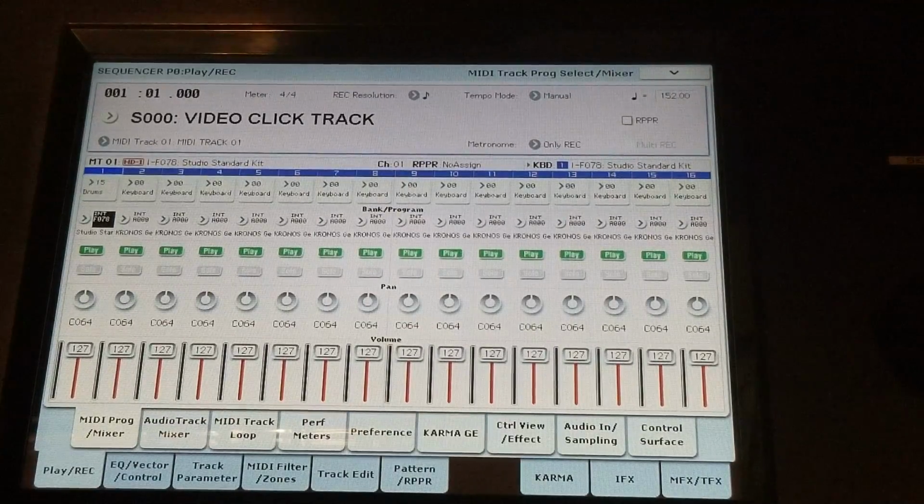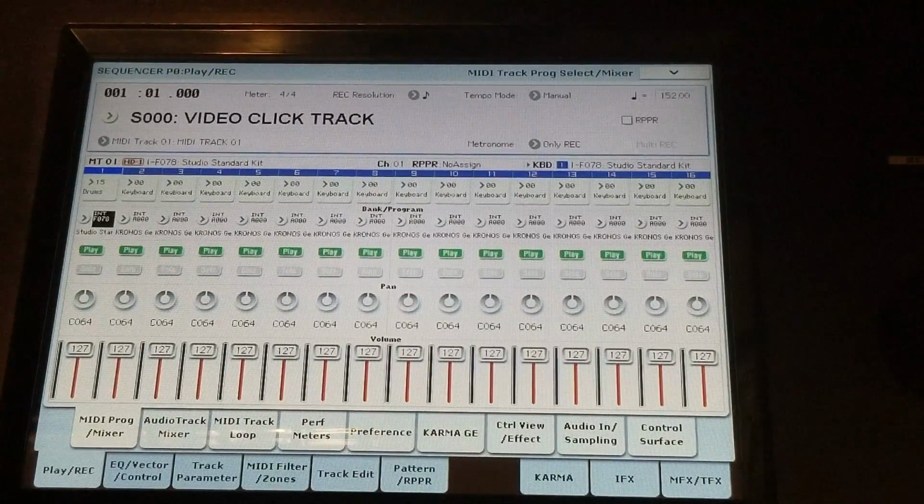Let's jump right into it and take a look at what the Kronos has to offer. All right, so the Kronos has a feature called drum track. The drum track is basically a loop or a percussion track built into each program in the Kronos. You can use them in the programs, you can use them in the combis, but they're tied to those specific sounds. So you can assign loops to those sounds and then use them when you call those sounds up